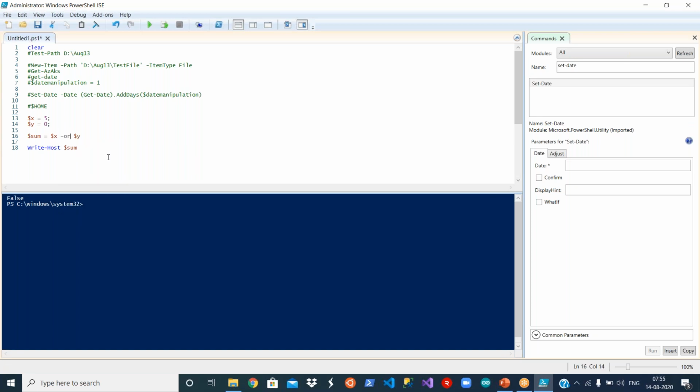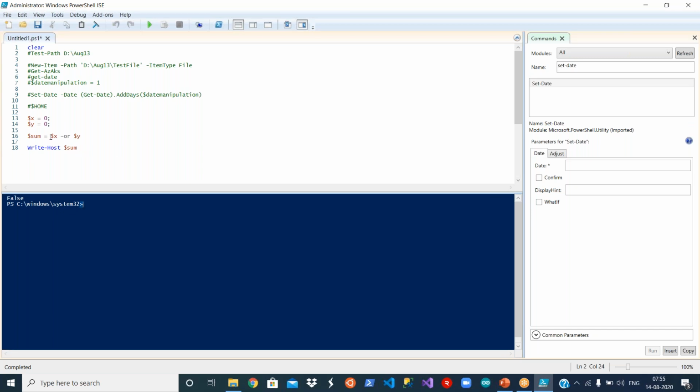So you already know it. Or means if at least one of them is non-zero, then it will be a true value. Let's say this is true. If I make both of them zeros, then it will be false. So at least one of the values should be non-zero for the logical or to give a true value.